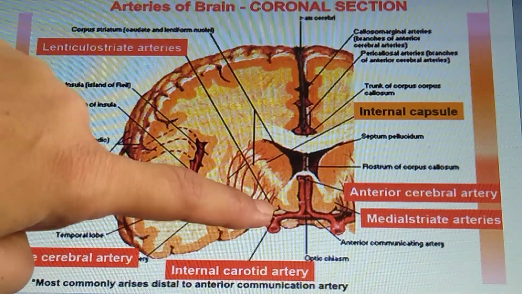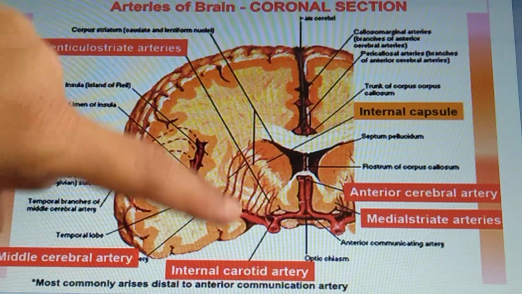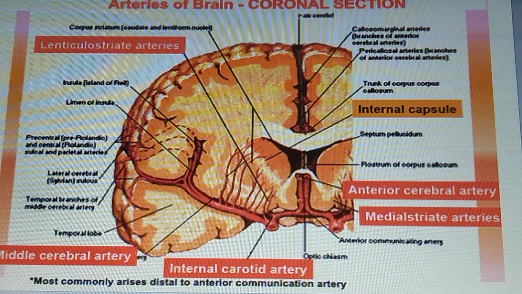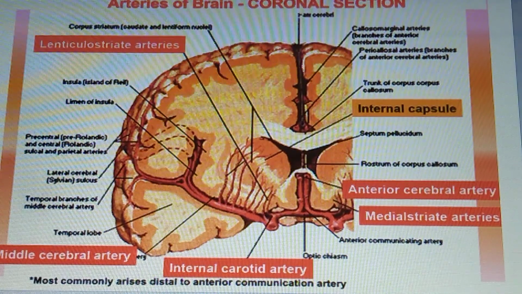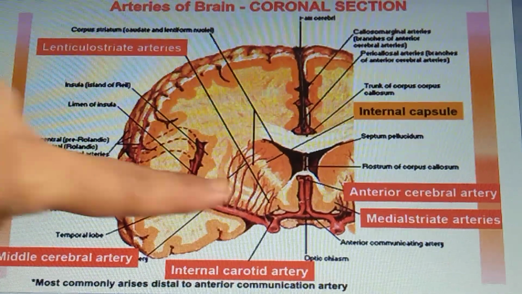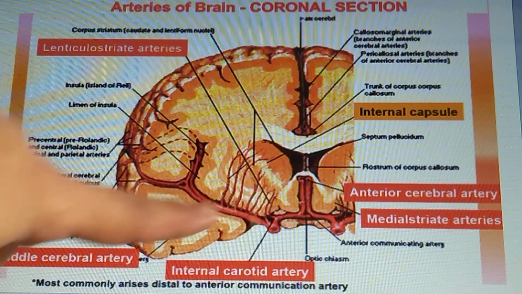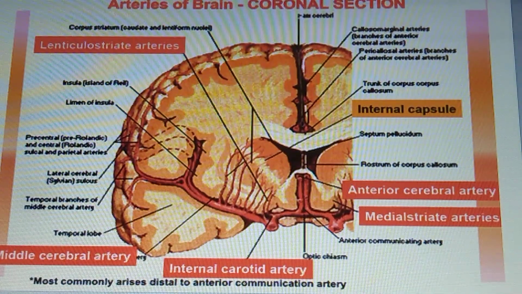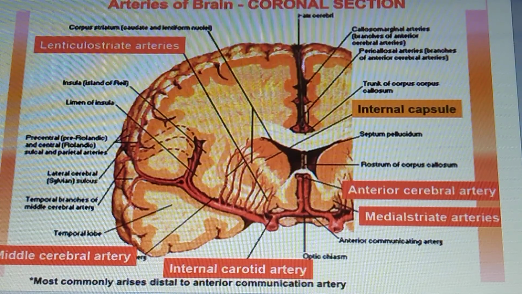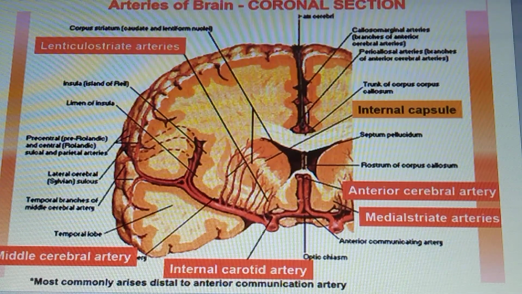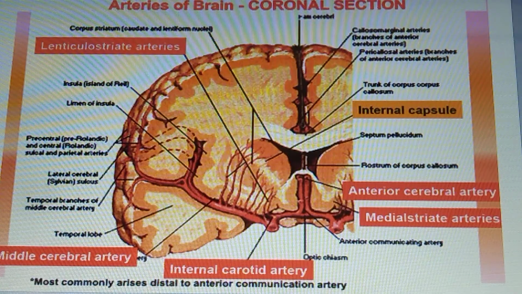Means not only one, but this group of arteries, these are called the lenticulostriate arteries, or also called the Charcot's artery of the cerebral hemorrhage, right, because cerebral hemorrhage is common in this area. Again, aneurysms of the lenticulostriate arteries are very common, and that leads to cerebral hemorrhage. So this lenticulostriate artery supplies the internal capsule, which has the motor fibers for one side of the body. Next is the posterolateral or thalamo-geniculate artery.